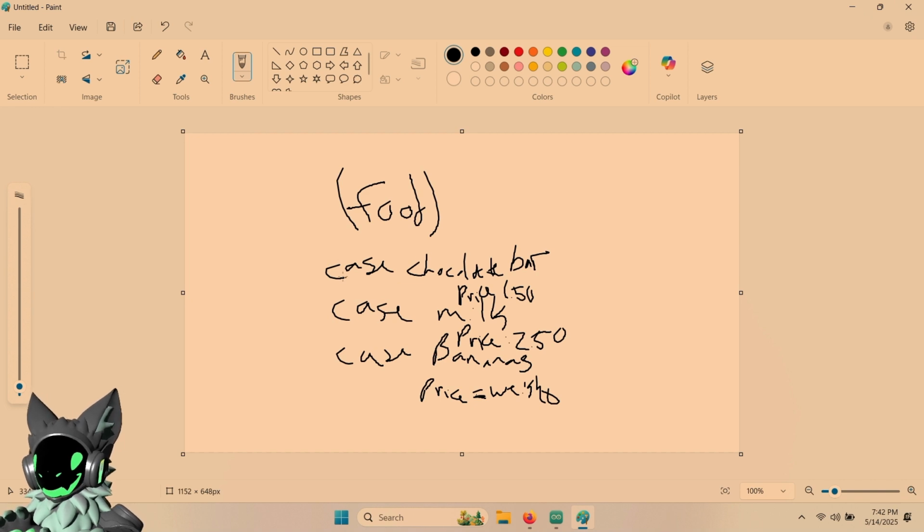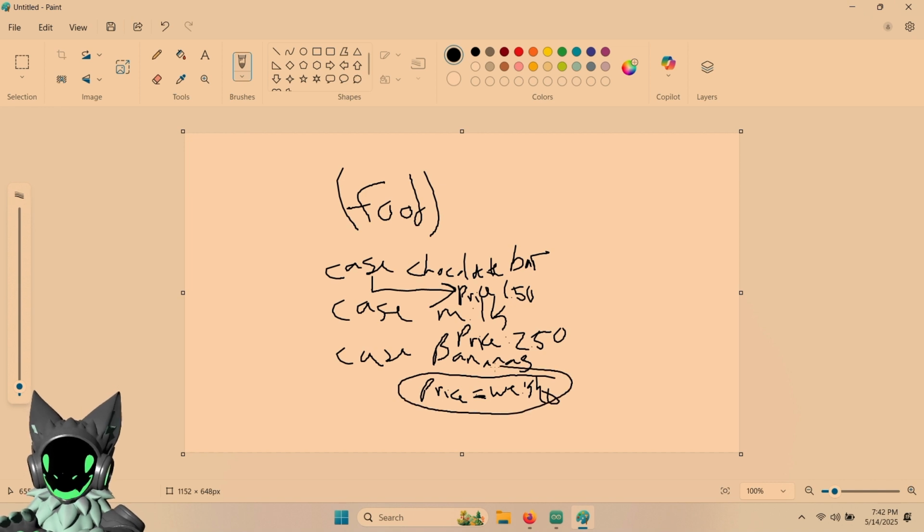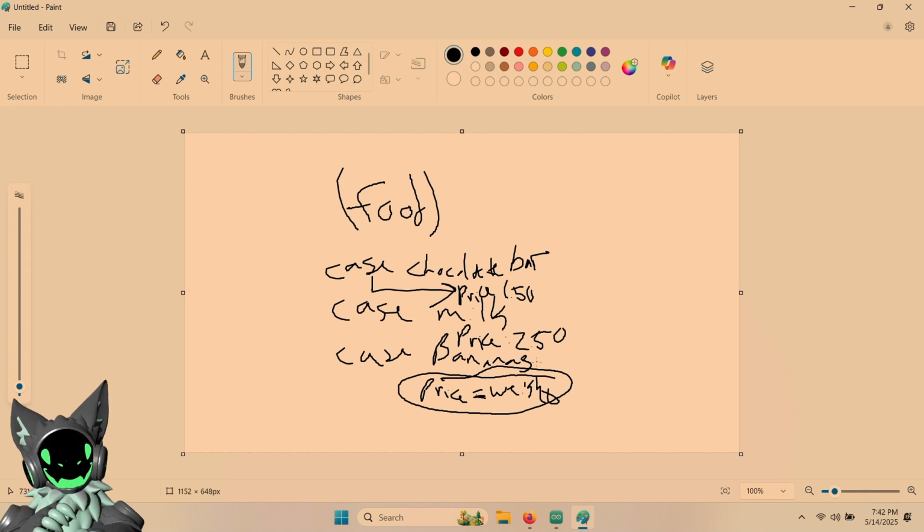If I have a chocolate bar, then of course I want to pay the case of the $1.50, right? But if I have bananas, bananas are always sold by the weight, right? So we would have to calculate by the use case that we bought a product that requires pay by weight. So a switching statement gives us the ability to do different things based on the different use cases we can